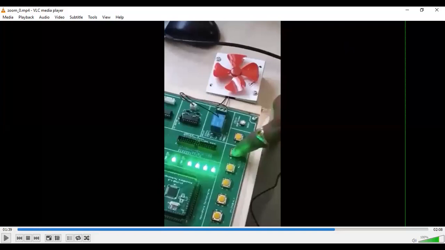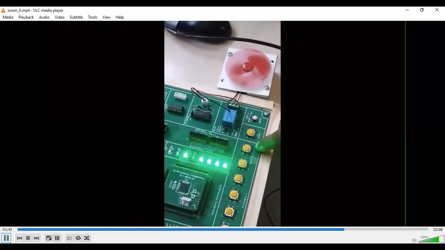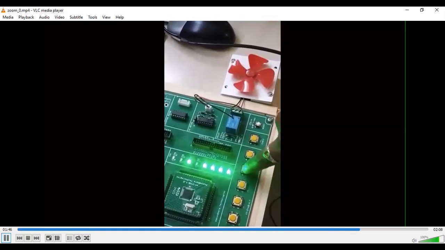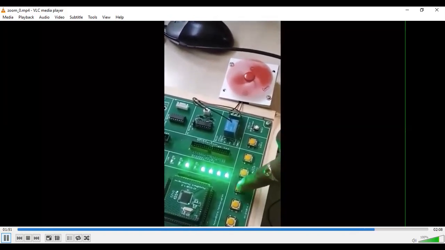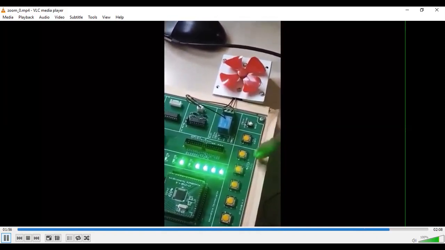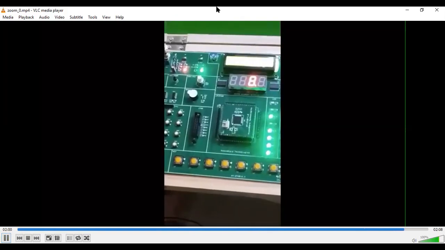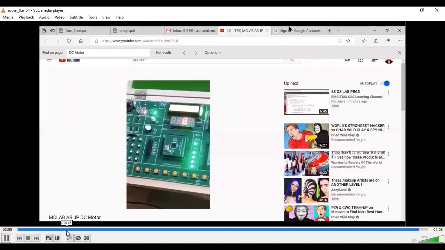As we press the switches, the motor starts rotating. We can see how the motor rotates. As soon as you press switch 1, it starts rotating, and if you press switch 3, that is the off state, it will turn off. Again, if you press another switch, it goes into the different direction of rotation of the DC motor. You can continuously check how it executes. This is how the rotation goes on, one by one, and that's how the kit is connected to see the execution.